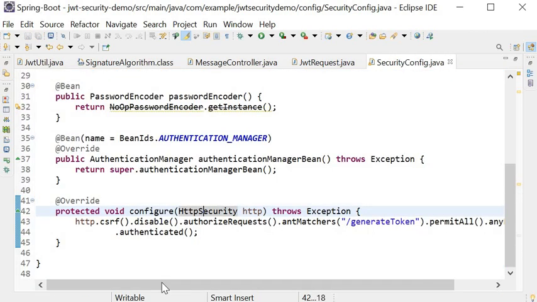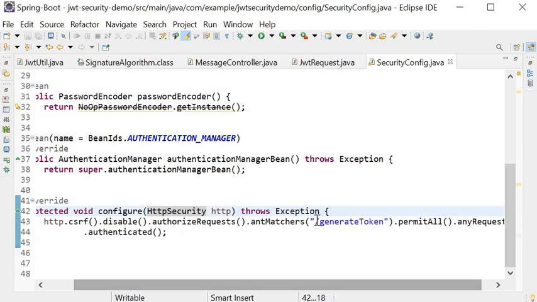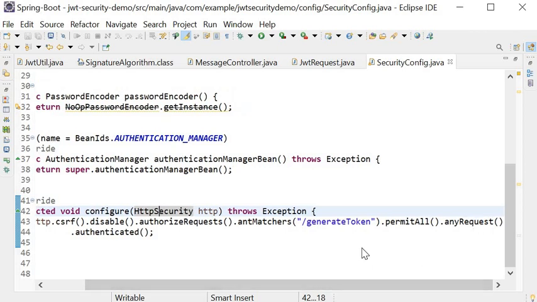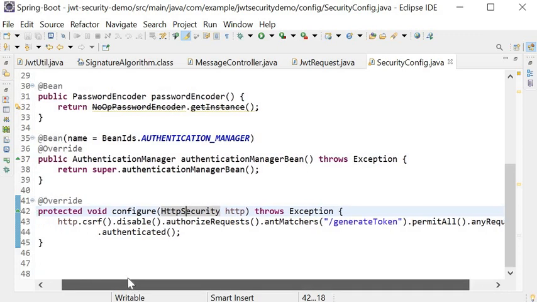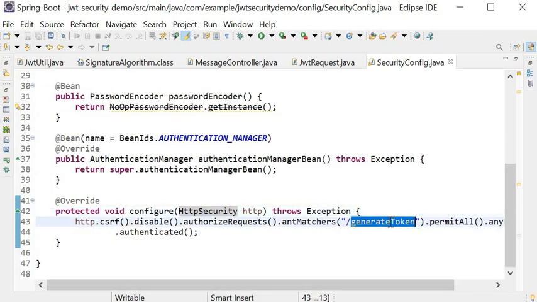So what we did here: first we have disabled the CSRF, and after that we have authenticated the requests that contain the AntMatcher generate token. If any request contains this AntMatcher, that will be permitted, and any other request will need to be authenticated first. So the request that contains generate token will not be authenticated, and all other requests will be authenticated.